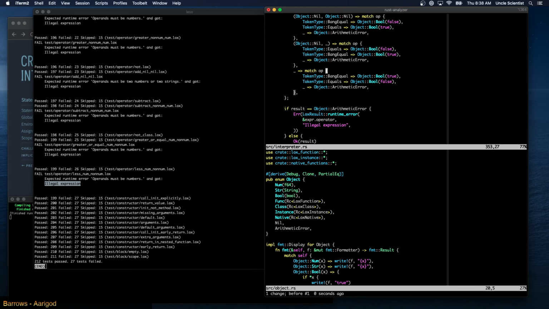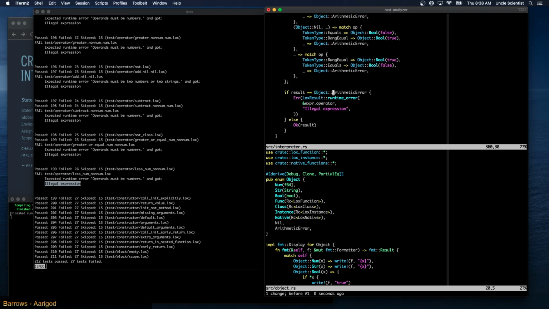Yeah, let's leave arithmetic error being the number error. Match result. Object, arithmetic error. Everything else is going to be okay result.